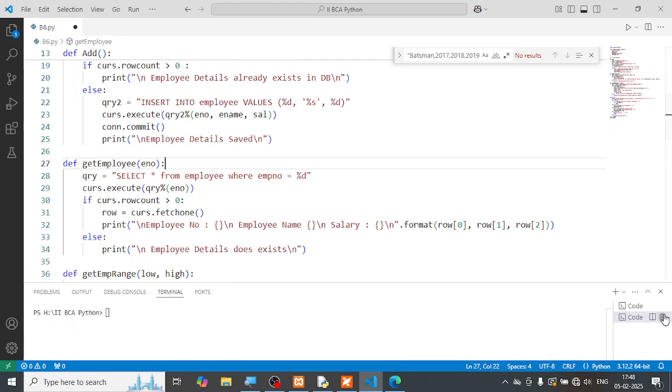So let me just close this one. Maybe that last error is there. I'm going to just close this. If you find that that error is still there, you can just close it. You get this kill terminal that you can just see here. You can just close that and then retry it. I'm going to just retry it. Let me run it,